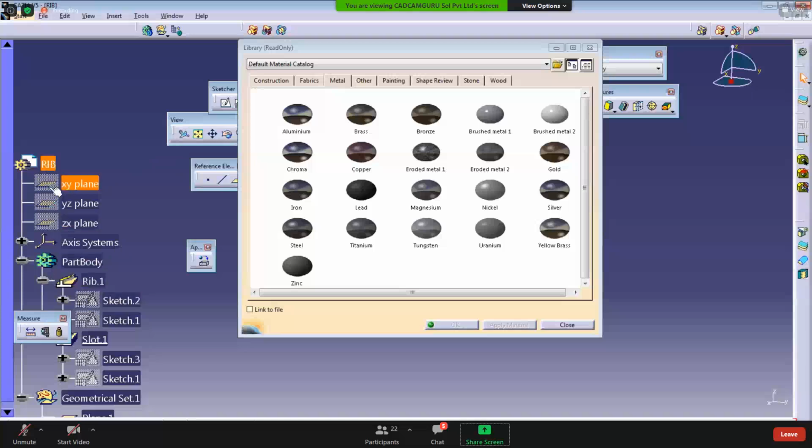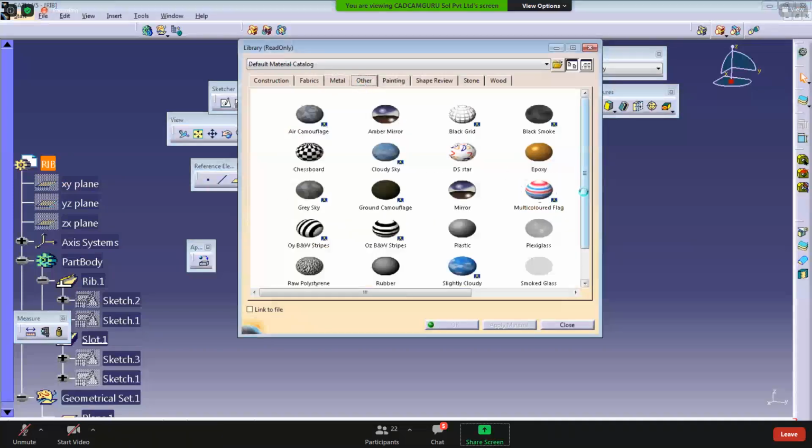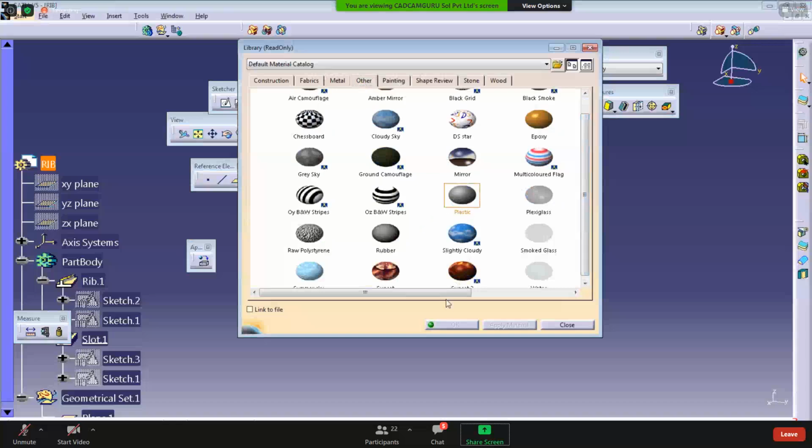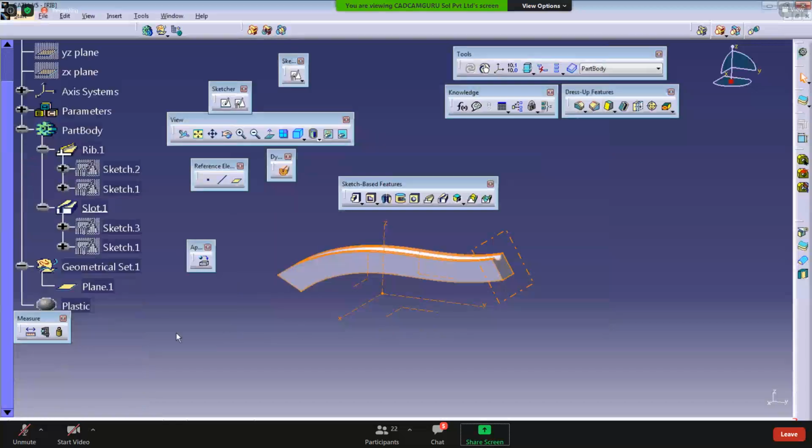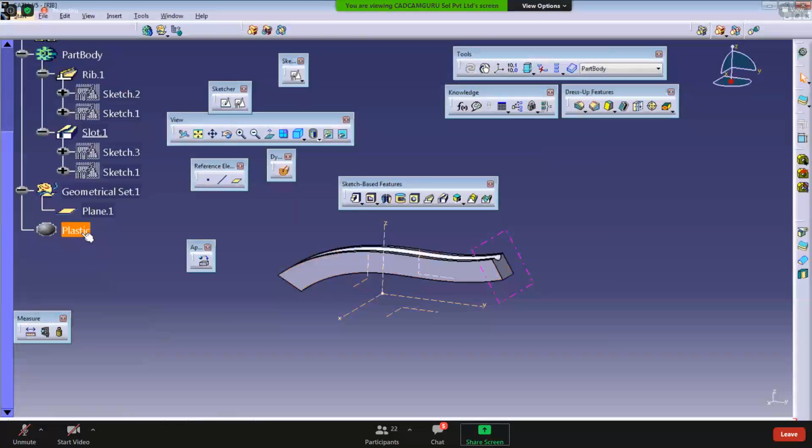So I'm selecting this part, which is the rib part, and selecting the appropriate material from it. Let's say the material is plastic. We go to others, use plastic, click OK. It is a standard plastic material, but if you want to change the type of plastic or any other material, you must know its density and properties.